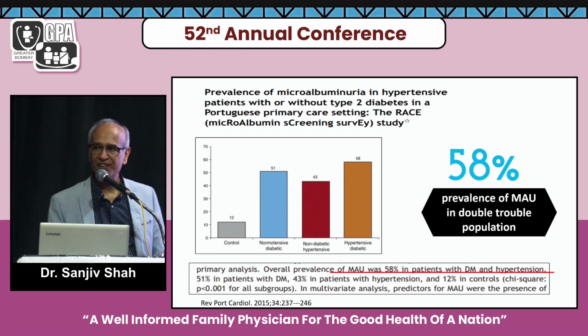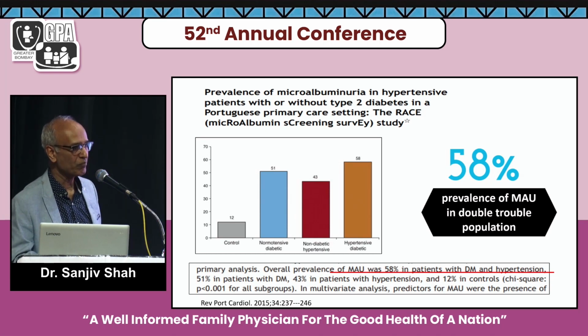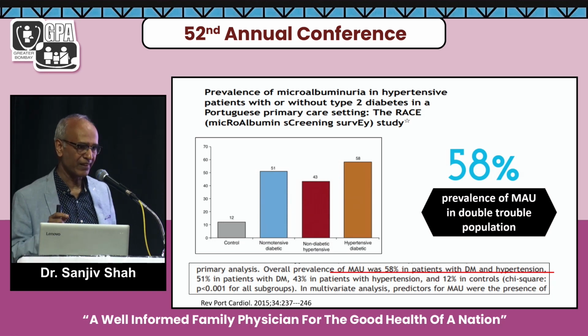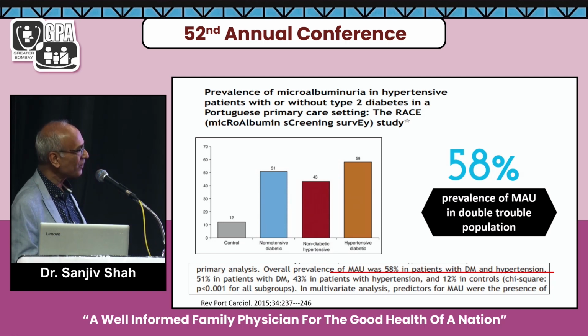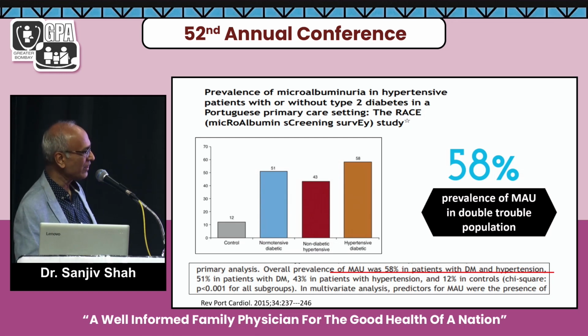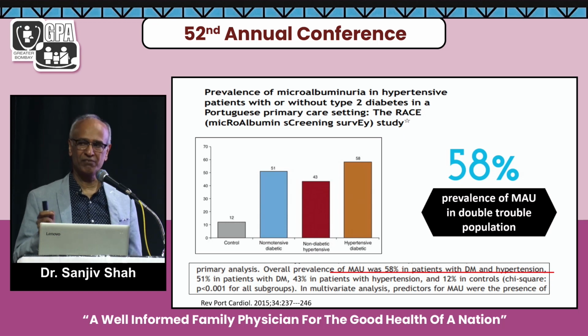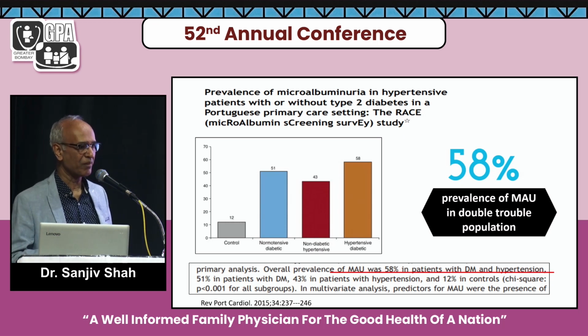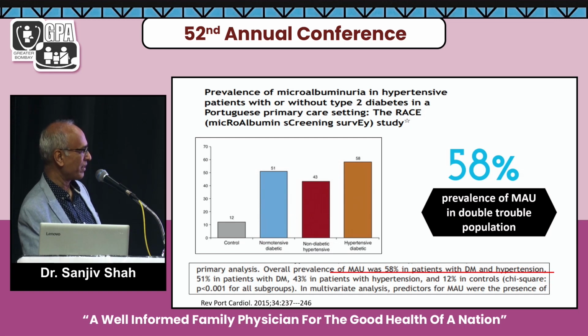Coming to another vascular phenomena is an albumin excretion rate when the blood is getting filtered in nephron and the albumin is going to leak. This is normotensive diabetic, this is non-diabetic hypertensive, and this is diabetic hypertensive. So double trouble is a word used for diabetics and hypertensive. 58% of people will have diabetes and hypertension,